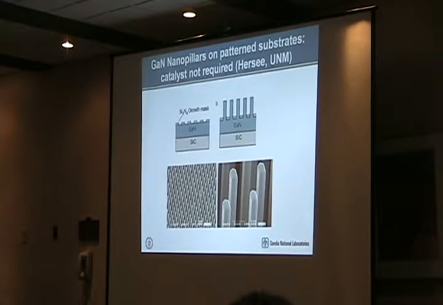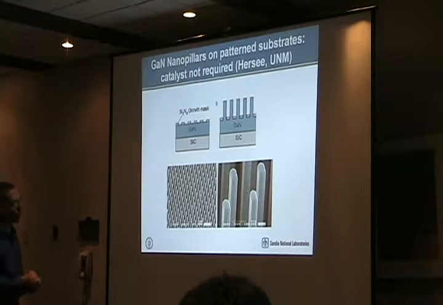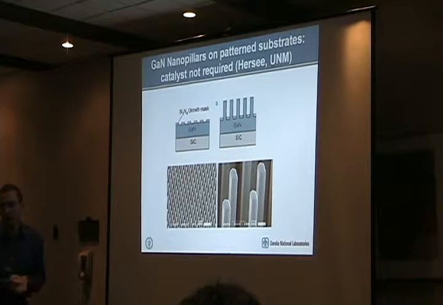Okay, so I was telling you about metal catalyzed growth. But one doesn't have to rely on metal catalyzed growth. Of course, there's concern about whether the catalyst dissolves to some extent, and I think it does dissolve to some extent in the nanowire, although if one picks the temperature and solubility carefully, one can keep that to a really, really small amount. But there is a way to grow nanowires, or these are probably better called nanopillars, without